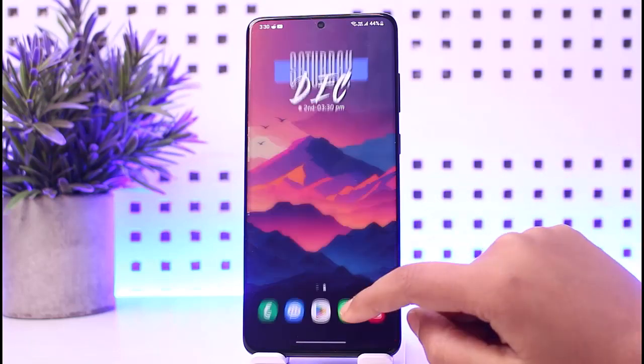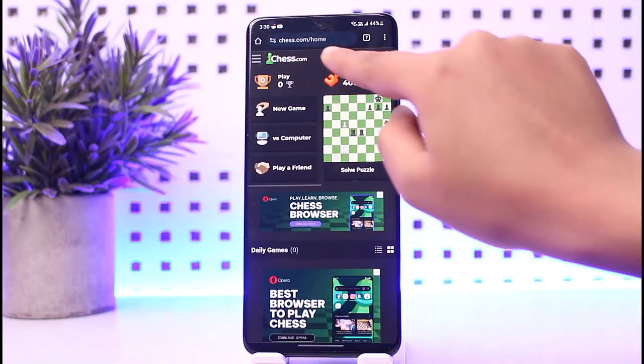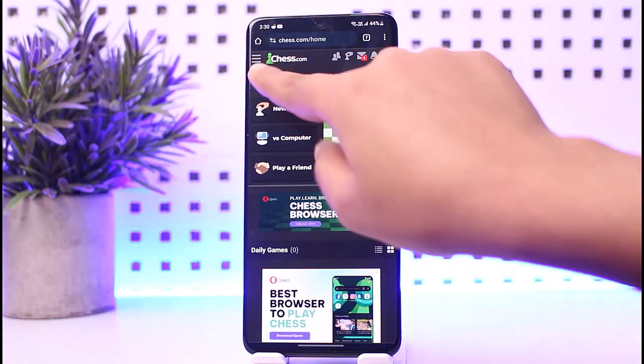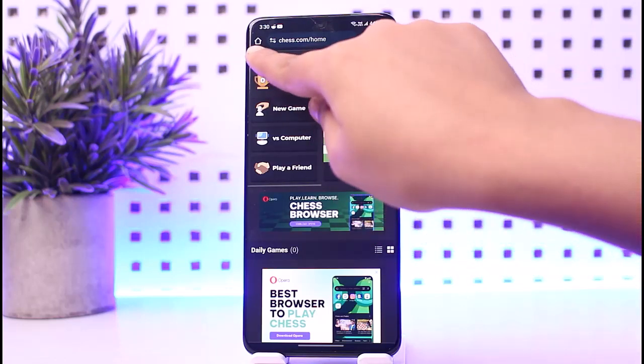For the matter, first of all, access a particular browser. Go to the search bar and type in chess.com and get to the official website of it, and then get yourself signed in as well. Afterward, tap on this three horizontal lines on the top left corner of the screen, and then